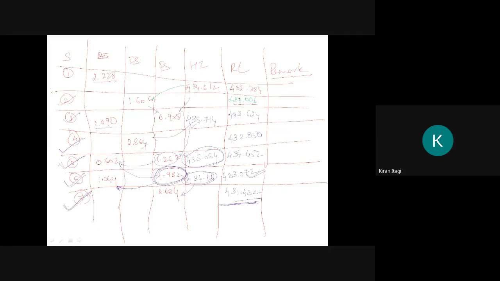Anybody having doubt how to determine the RLs by the height of the instrument method? Anybody having doubt? Okay. Now you want to determine whether you have done the calculation correctly or not. Then how will you do the check? You have to do the summation of backsight, means you should add all the backsight readings. That is 2.288 plus 2.090 plus 0.602 plus